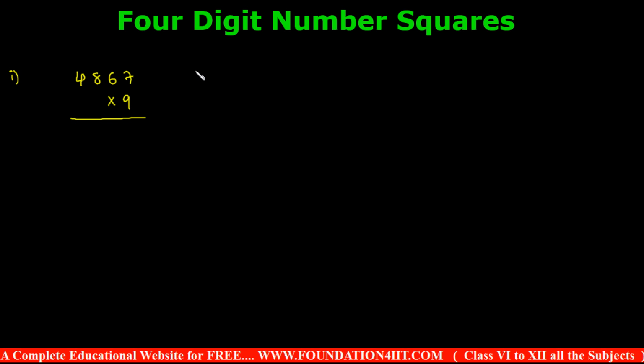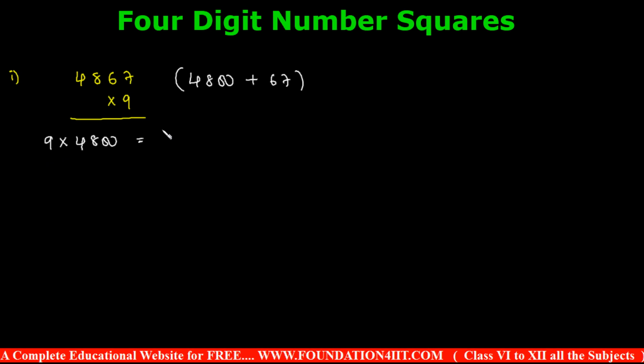4867: if you make it into two parts, you can write 4800 plus 67. So it becomes 2-digit by 1-digit. Instead of multiplying directly, you can take 9 into 48 and 9 into 67 separately. This is also one of the methods. Previously already learned, just repeating again. 9 into 48: 2-digit by 1-digit, you already practiced in previous chapters, so I am not going through it clearly again.